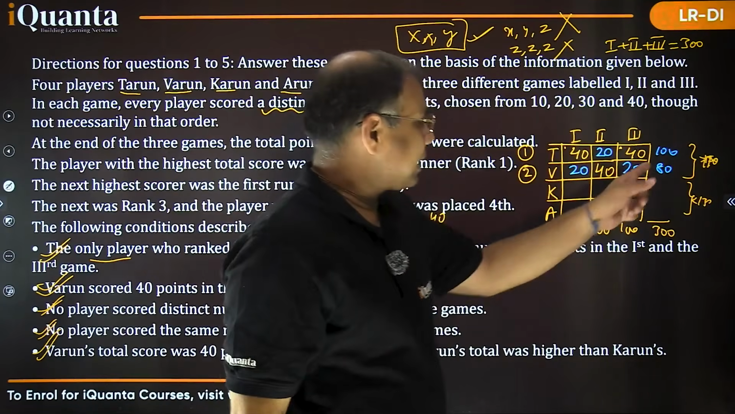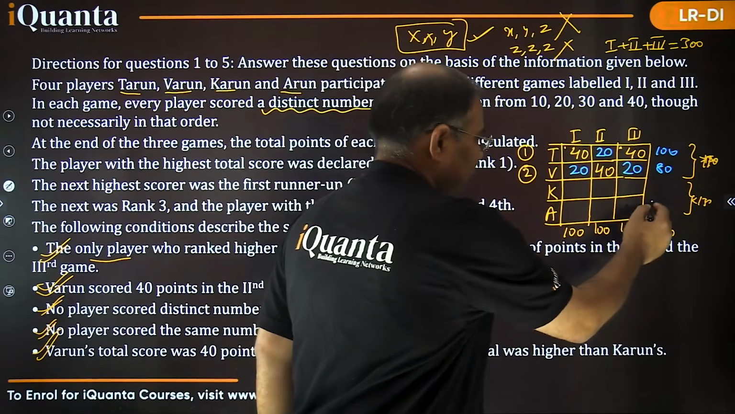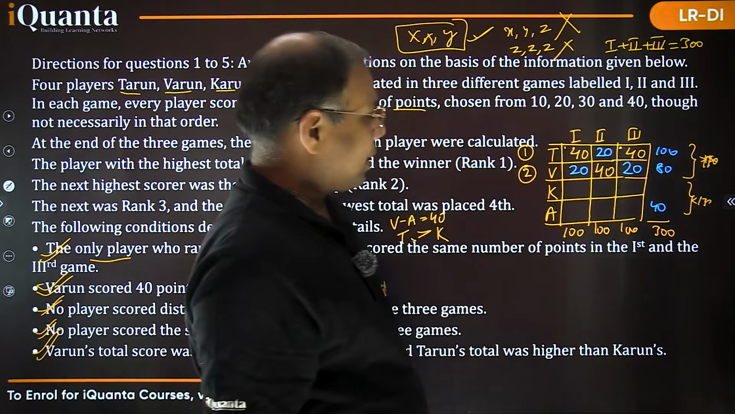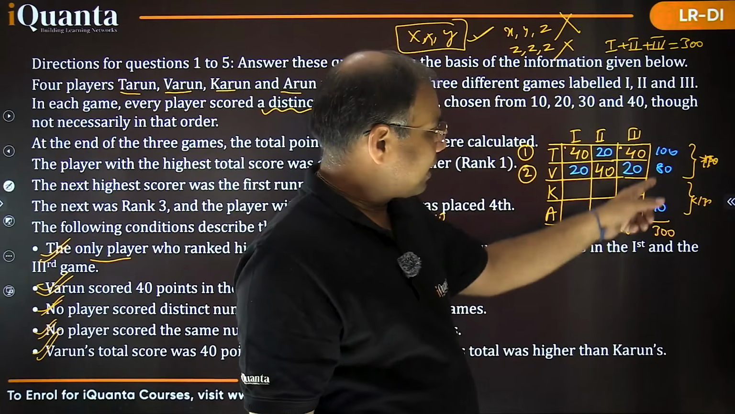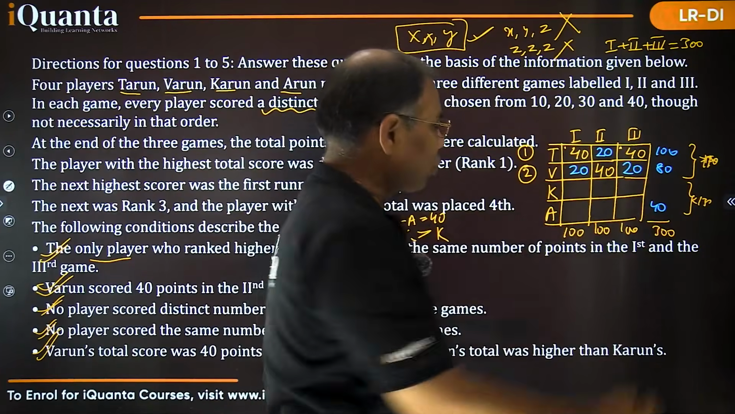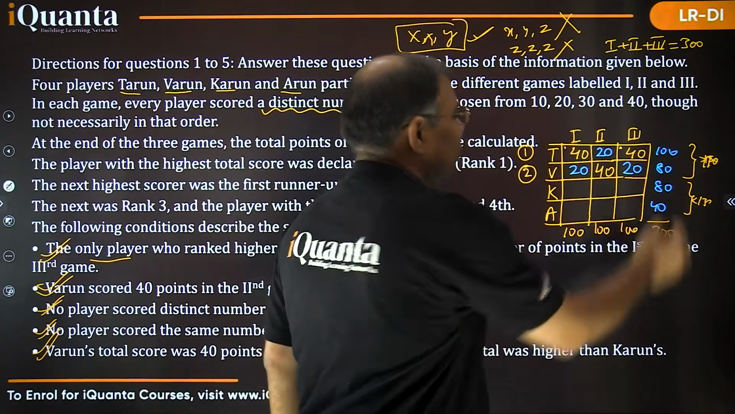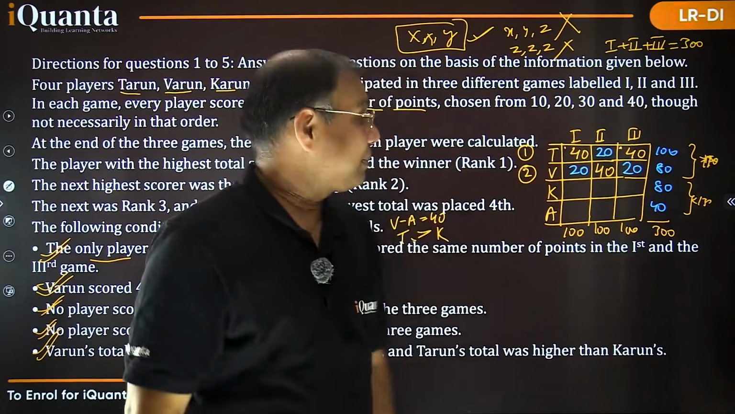Now, if it is 80, then this must be 40. This must be 40, right? And then how much is remaining? So 180 and 40 is 220, and this also comes out to be 80 now. But that is not possible, sir, right? That is not possible because